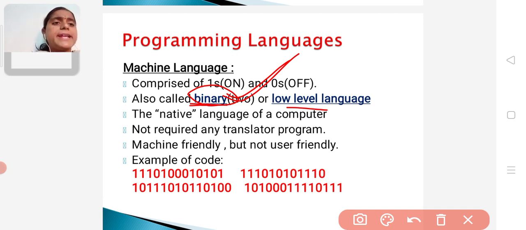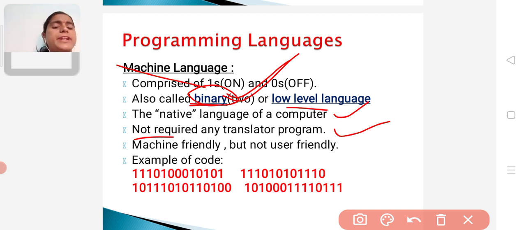And it is a native language of a computer. The computer can understand only this machine language. And to use this language, we are not required any translator program. Okay, so machine already understands this binary language.